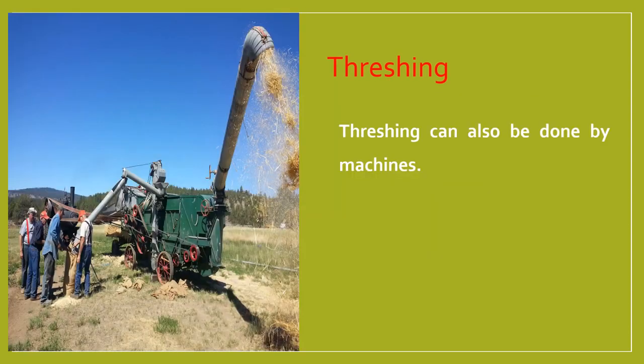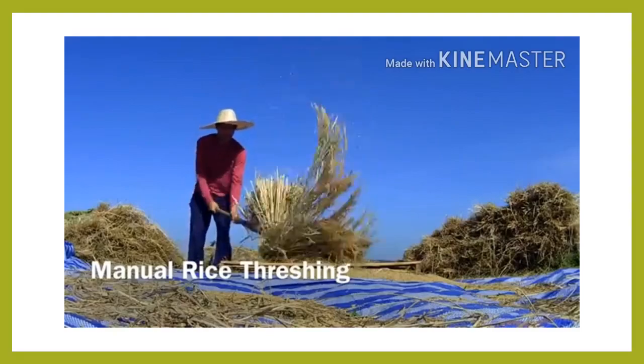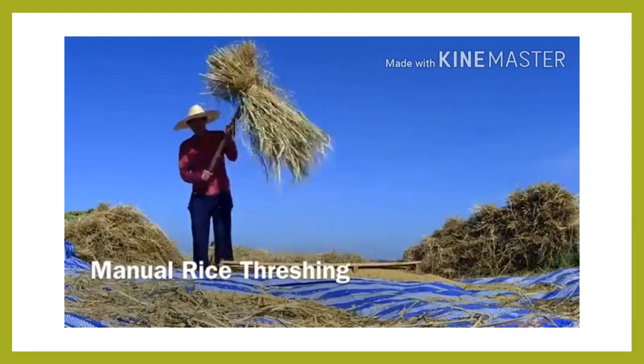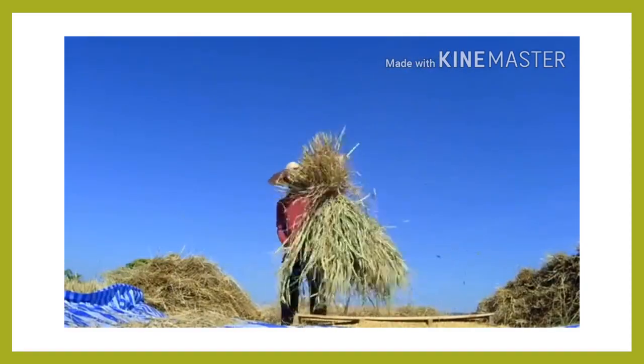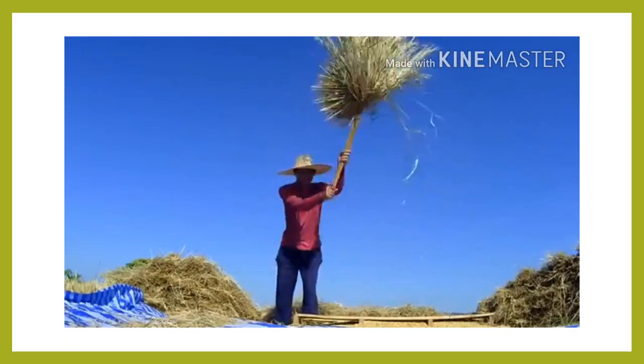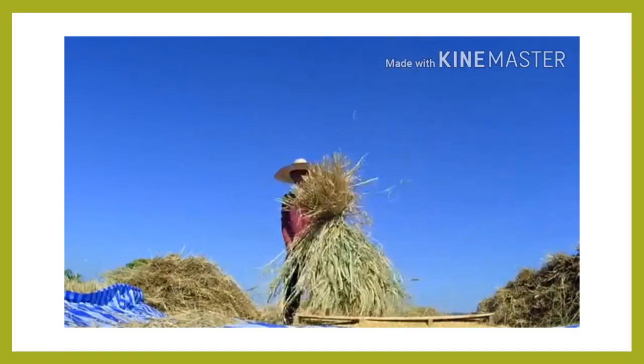Threshing can also be done with the help of a mechanical device called a thresher or a combine harvester. The thresher has a rotating paddle that beats the dry and brittle stalks. Stalks are fed into the thresher. Grain is separated from the stalks and collected in a truck. Threshing is also done by hand, that is, manually. Stalks are beaten on the ground to separate the grain using hands.